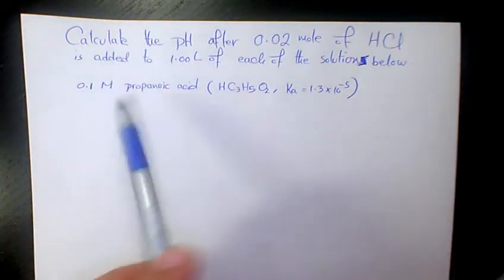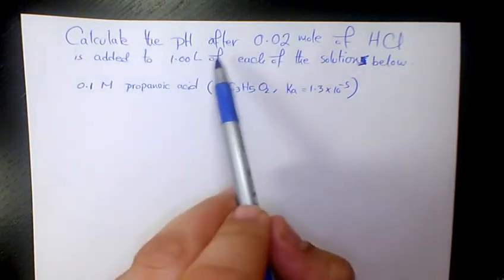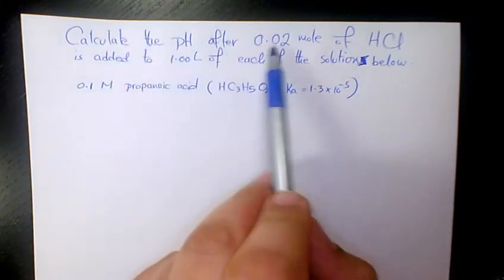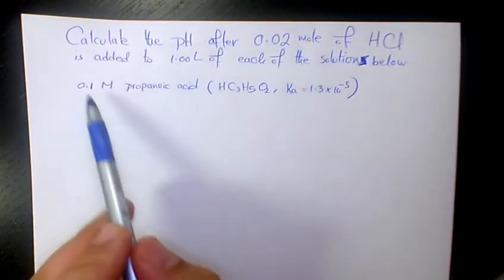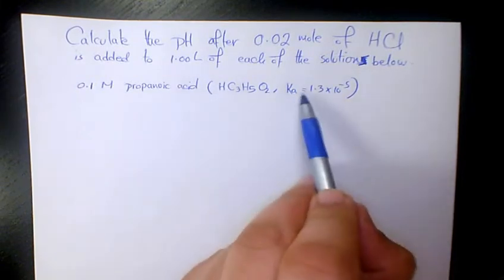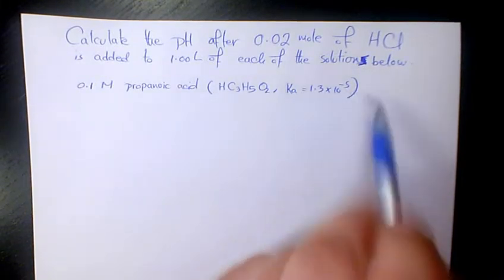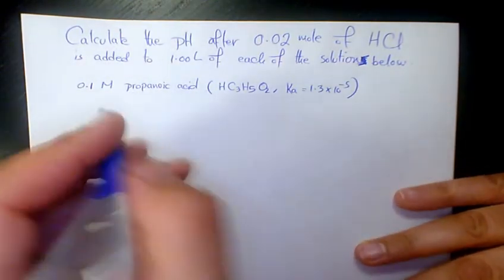Welcome to another video. In this video I want to show you how to calculate the pH of a solution after 0.02 mole of HCl is added to 1 liter of 0.1 molar propanoic acid solution, which Ka is 1.3 times 10 to the power of negative 5. So we have propanoic acid solution, which is